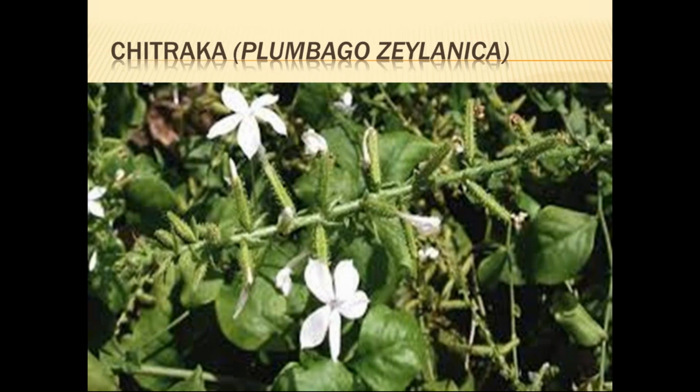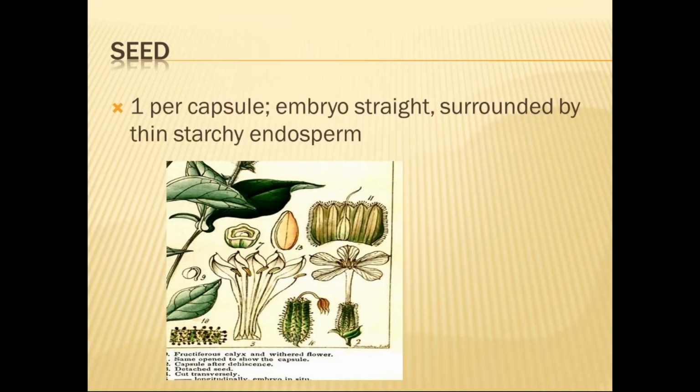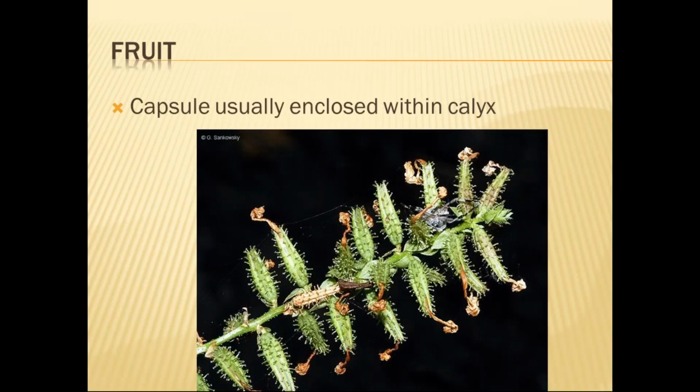Okay, but in some other countries they have some other plants with some genus added, and therefore we took some photographs and added them in this. Okay, this is the chitrak plant. We can go through the slides and see this plant in our garden. It is present. We'll go through the slides again.